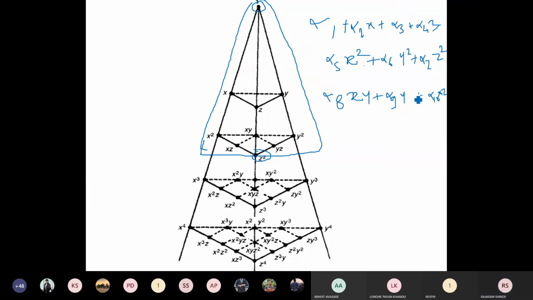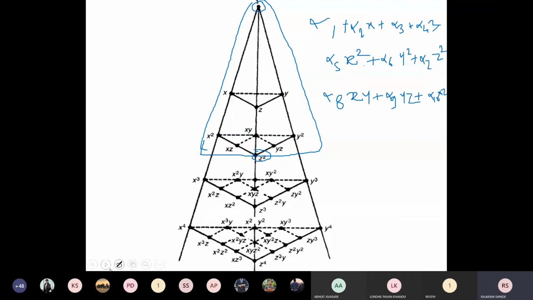You can see here alpha 1 is at top, it is constant, it is symmetric because it is on the axis. x is on one side, y is on one side, and z is on the third side. Next, x square is on one side, y square on one side, z square on one side, and xy, yz, and zx are on three sides. When we maintain the symmetry, where the axis passes through the center of these triangles, you will get the quadratic interpolation polynomial for the three-dimensional element.